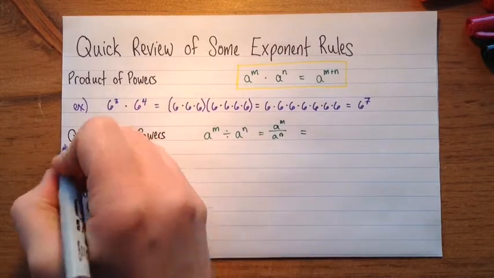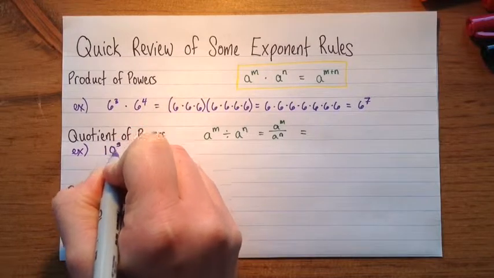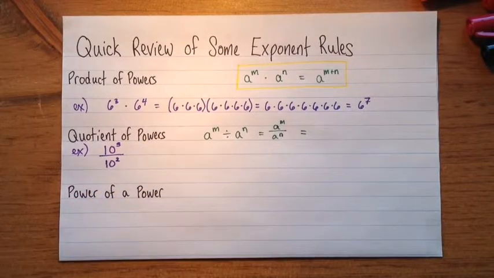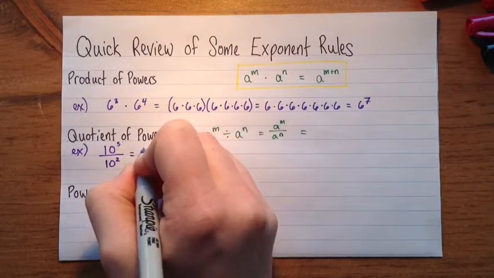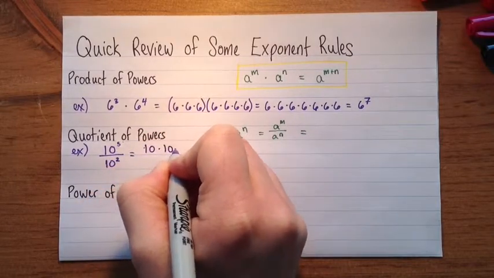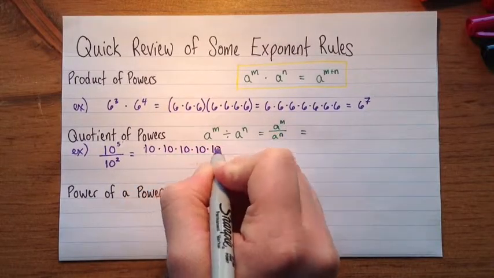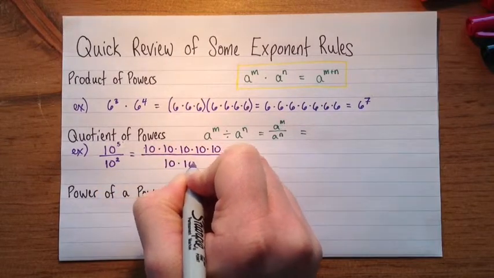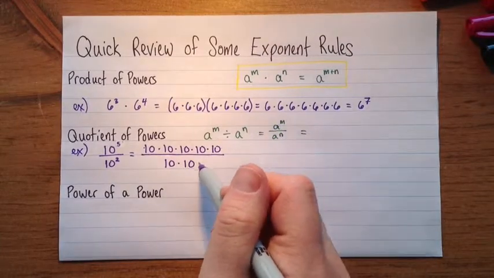Suppose we had, let's say, 10 to the exponent 5 over 10 squared. So how would we simplify that? So to see, let's just write out what this means. 10 to the exponent 5 is 10 times itself 5 times. 10 times 10 times 10 times 10 times 10. Divided by 10 squared, which is just 10 times 10. Okay, but if we look at this fraction, we could simplify the fraction by dividing the top and bottom,